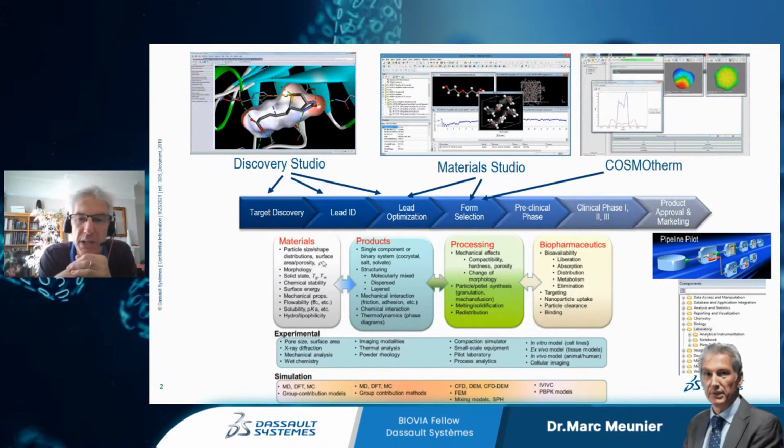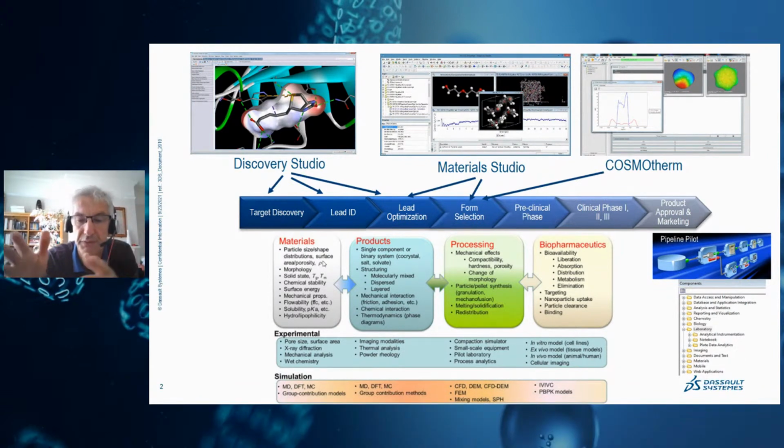So we really have to go through the process of characterizing as much as best as we can and as early as we can the materials in order to avoid any issues that could arise later down in development that could be expensive to remedy. Say a polymorph, some of those drugs can have polymorphs, and if you discover a second polymorphic phase later in development, that can be very costly.